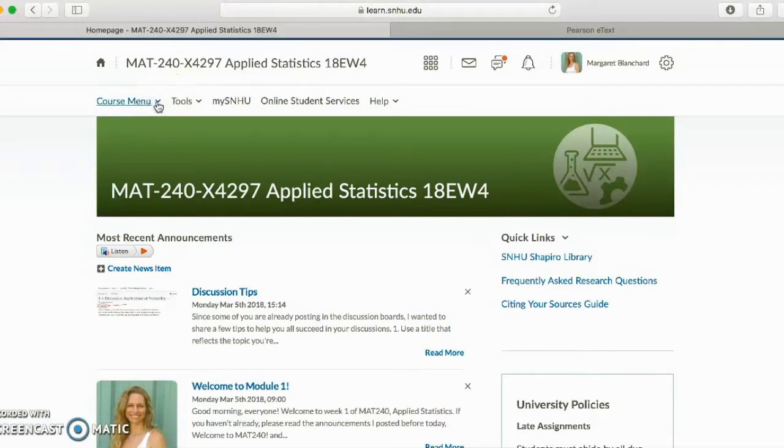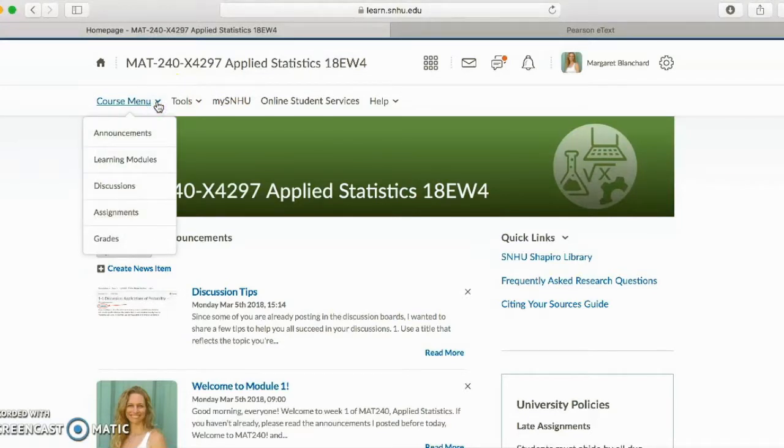And if you remember, if you look through the Brightspace mini tour I posted a couple weeks ago, under course menu, we have announcements, learning modules, discussions, assignments, and grades. Just a quick note, the assignments, that's where you will have your extra credit journals posted. I heard that they're having a little hard time loading those this session, so I'll let you know as soon as I get an update about the extra credit journals. For now, we're going to go to learning modules